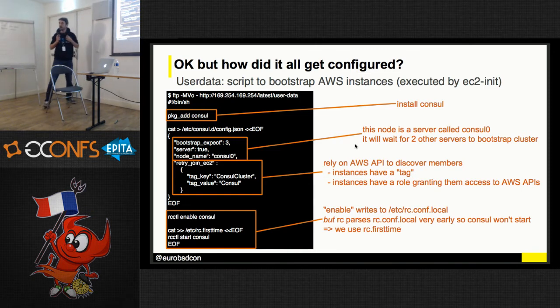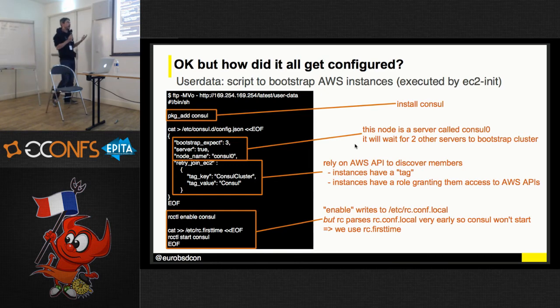Yes, exactly. I think if a Consul server is by itself, it's going to establish quorum for 1. So that's why I'm telling it, don't start anything before you have at least 3. And the thing is, it needs to discover the hosts. Because all 3 Consul servers are going to install Consul and start with this configuration, but they need to find the other ones to build the cluster and build the quorum.